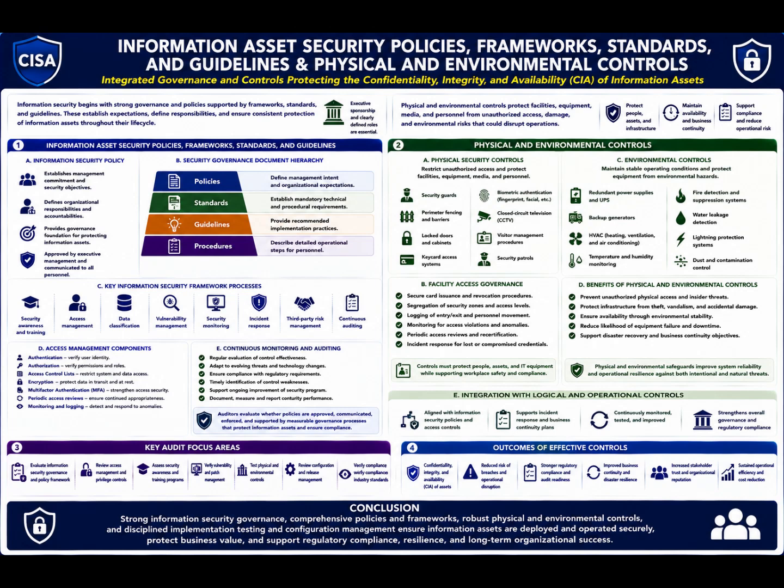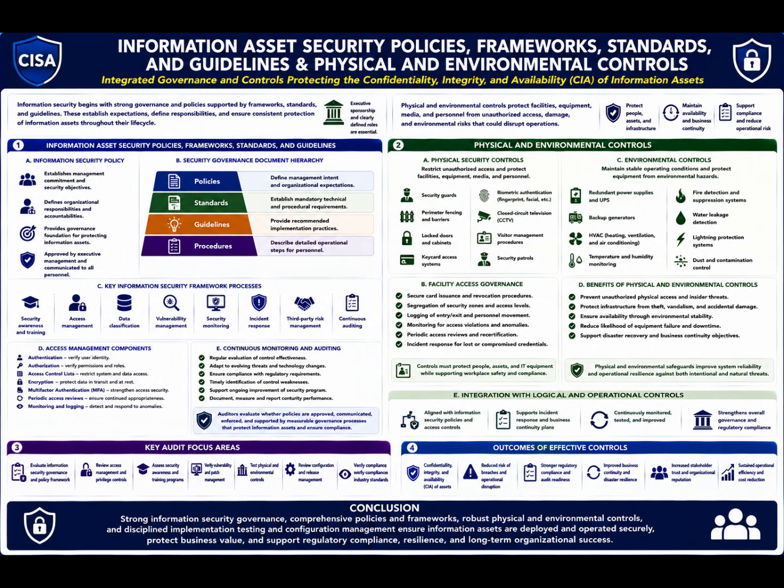Organizations should also establish procedures for visitor registration, escort requirements, incident reporting, and periodic review of access logs to detect unauthorized entry attempts. Keycard access systems are widely used to enforce physical access restrictions. Effective governance includes secure card issuance procedures, segregation of security zones, logging of personnel movement, monitoring for access violations, periodic access reviews, and formal incident response procedures for lost or compromised credentials. Additional controls such as PIN authentication or biometric verification may be implemented for highly sensitive locations such as data centers